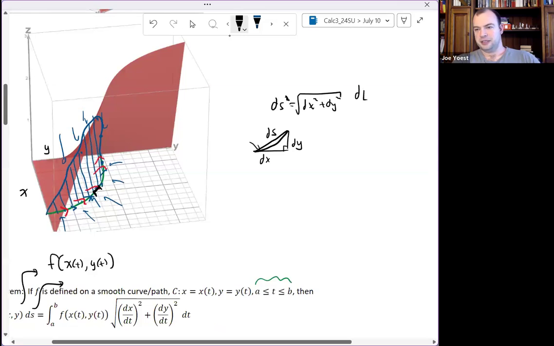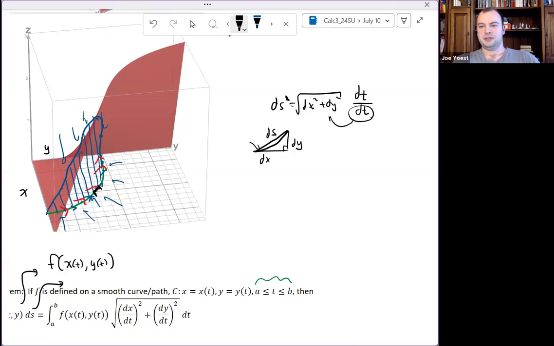So I can multiply by dt divided by dt. And if I put this dt on the inside, divide through, I'm being a little bit flippant here, a little bit hand wavy with all of this. We really should be starting with deltas and moving to d's and moving to derivatives. But roughly speaking, we just pop the dt inside the radical as a 1 over dt squared,